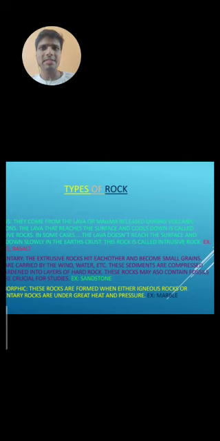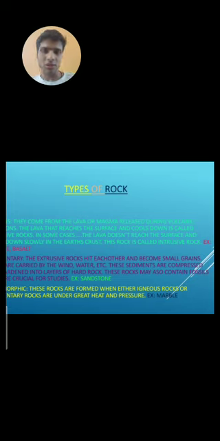Normally they are found in sea beaches or near water bodies. So that type of rock is called sedimentary rock or layered rock. Normally sedimentary rock contains fossil fuels like petroleum, and these sedimentary rocks are basically made from the material of igneous